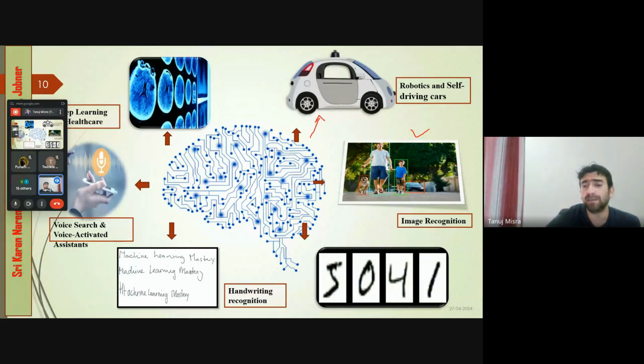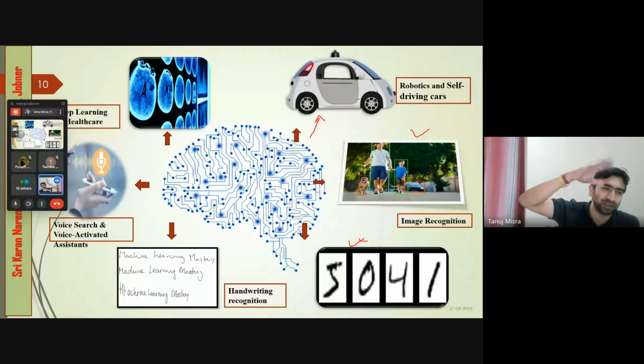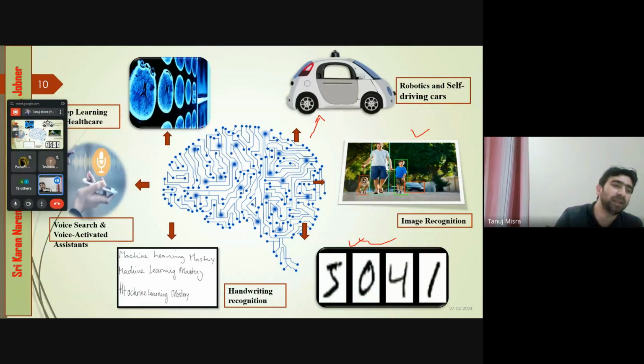Okay. Next, I am coming to the recognition. In this example, if the virtual platform or the organizer permits, I will demonstrate how handwritten text recognition works. You have to write text, you have to write numbers, and through programming, the machine will automatically learn that this is the 5, this is the 0, this is the 4. Handwritten text recognition, voice search, we know there's Alexa, healthcare.